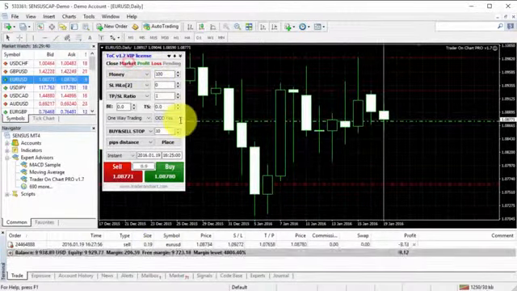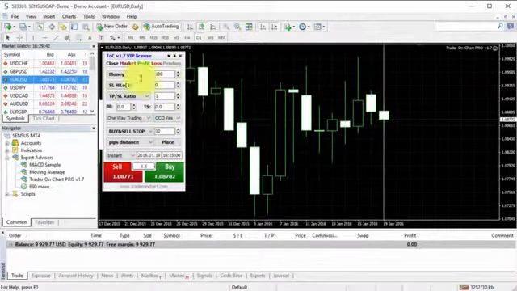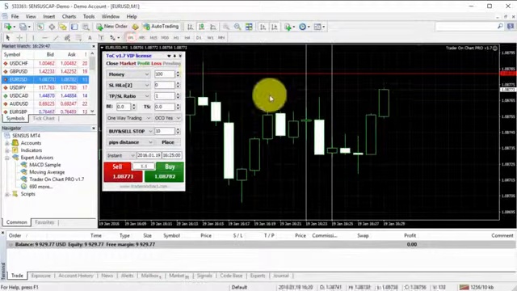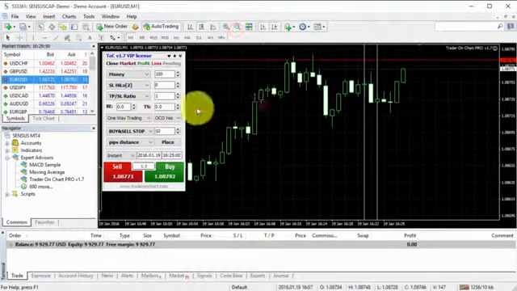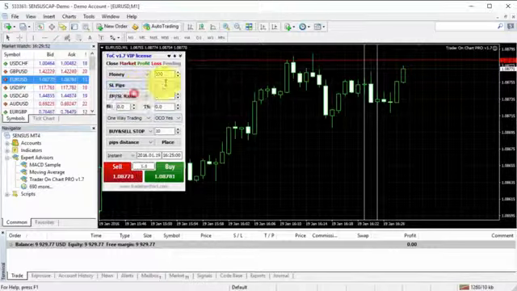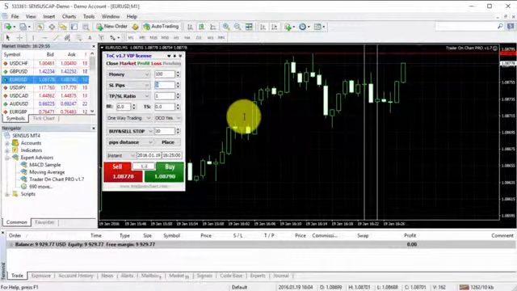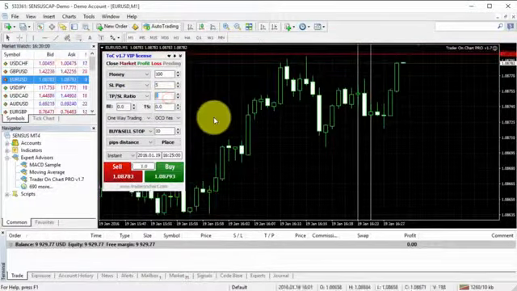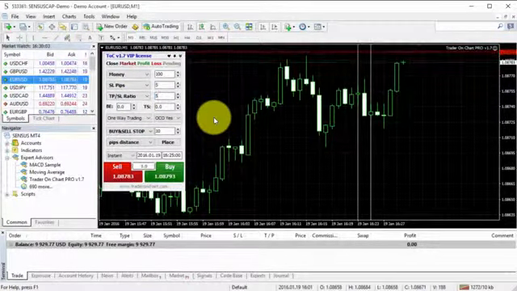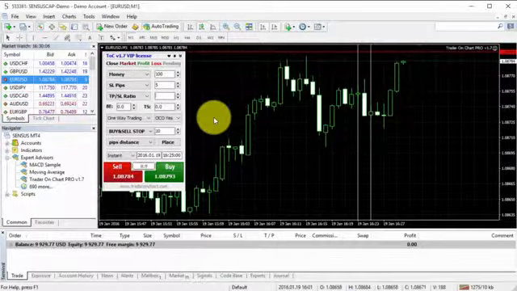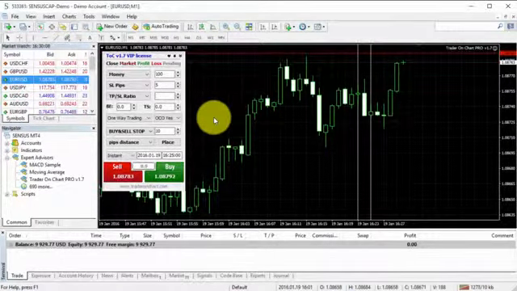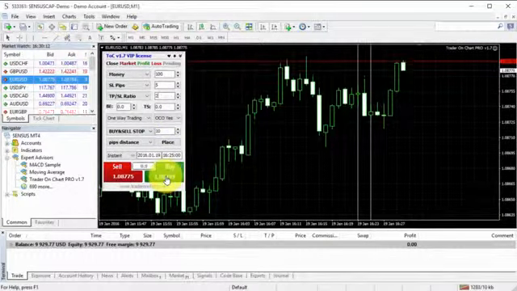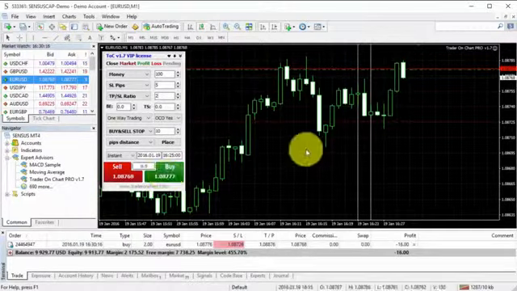So let me do a small experiment. It's always kind of hard to demonstrate how all these options work, but if I make my stop losses quite small, I might succeed. So let's say I will set my stop loss at 5 pips and my take profit at 5 pips as well, or it's a take profit and stop loss ratio actually. So I will make it 2, so it should be 10 pips, and then I will open a buy trade,